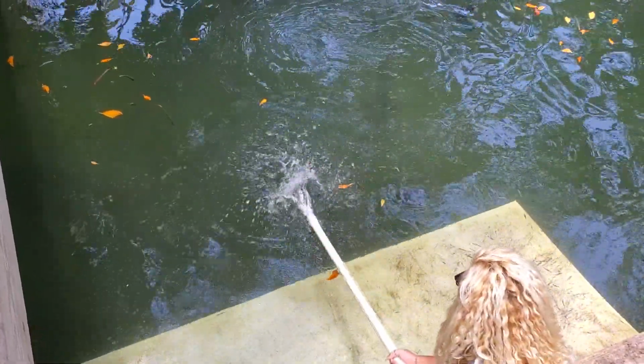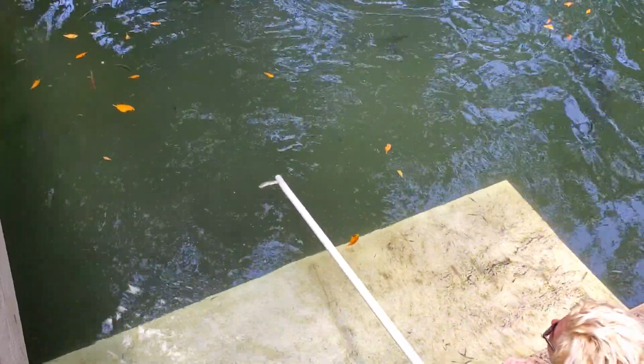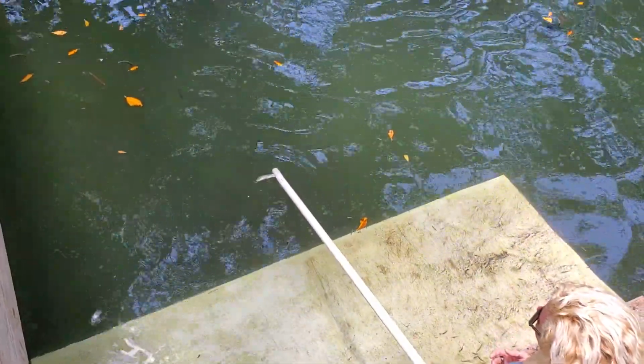Oh, is that a different kind of fish or smaller piece? The Goliath grouper itself is an ambush predator. Most other species of grouper are going to be active